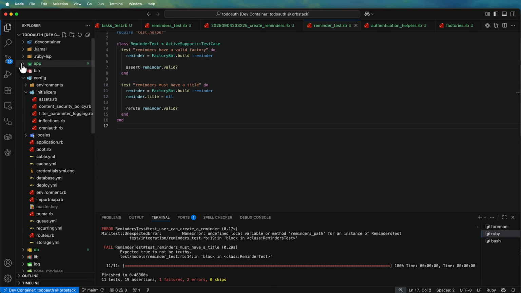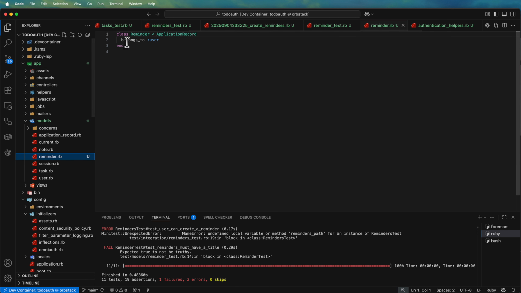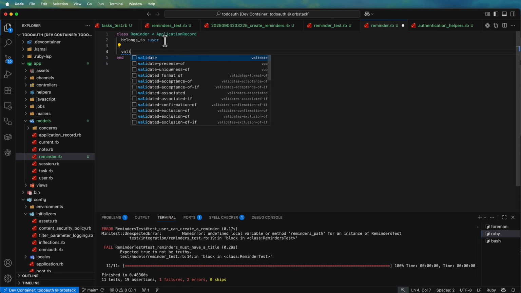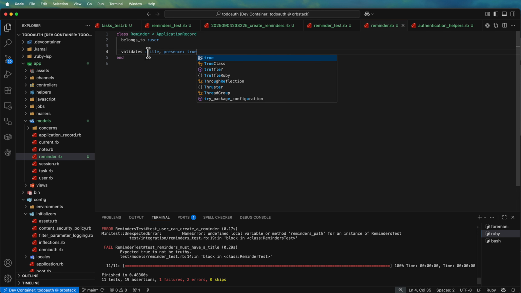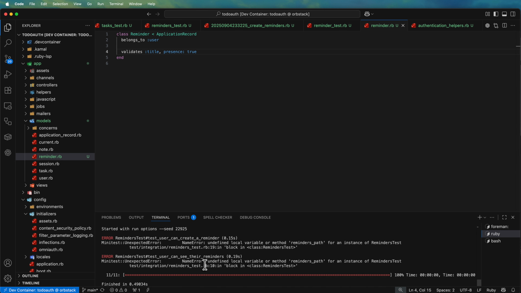So back in our application, in our models, we got our reminder file. It does belong to a user. The generator created that, but we'll also validate the title and make sure that it's present. So we'll save this file. And rerunning all the tests, we can see that now that test is passed, and now we're just having this